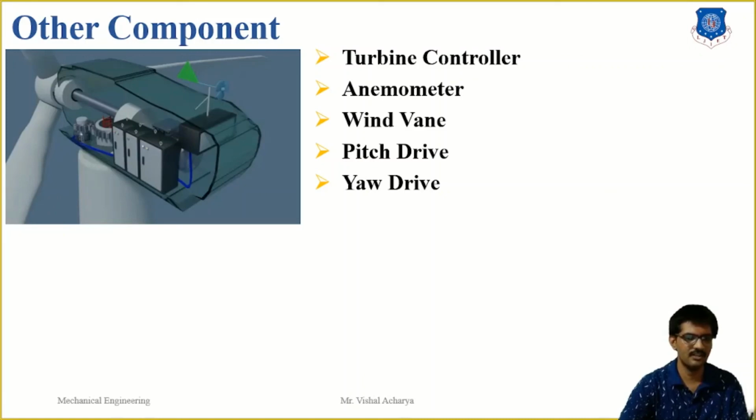The blade and other components in a wind turbine are housed in a nacelle. Whenever there is any change in the wind direction, the nacelle has to face the direction of the wind to extract the maximum energy from the wind. For the purpose of yaw drive, a motor is used to rotate the nacelle, and it is controlled by the PLC, which uses the wind vane information to sense the wind direction. This is the basic component requirement of windmill construction.